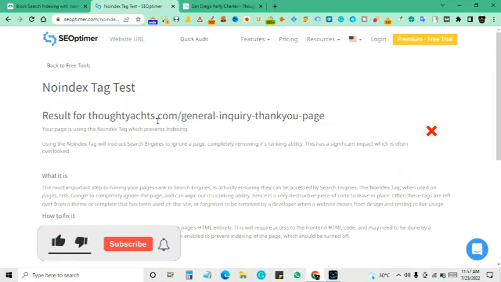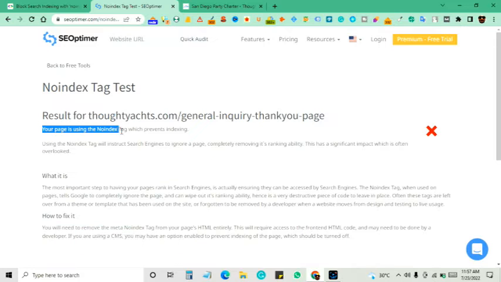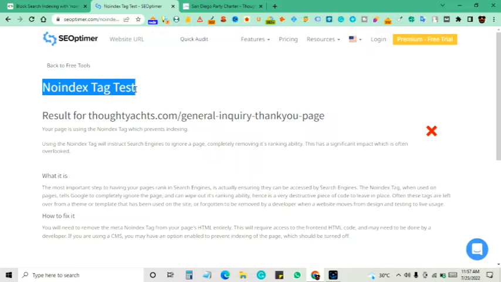So there you go. My page uses the noindex tag, and it says your page is using the noindex tag which prevents indexing. Okay, so this is the number one tool that you should be using to check your web pages if they use the noindex meta tag or not, right? So this is basically the page on which I have implemented the noindex meta tag,